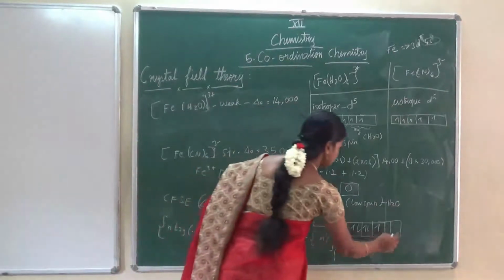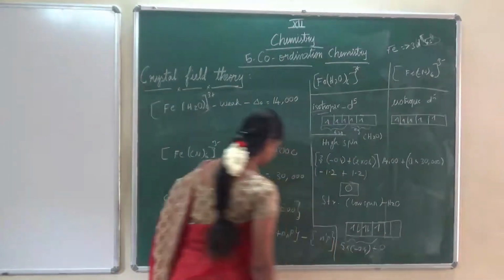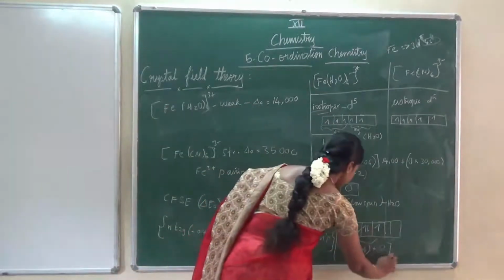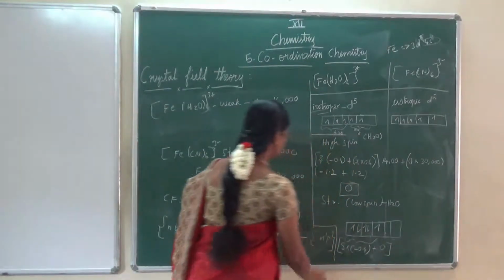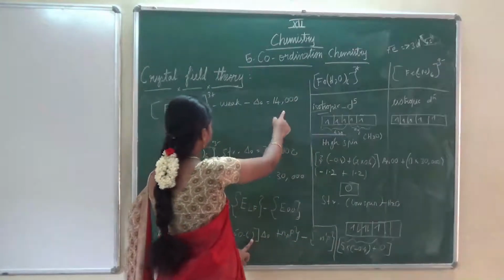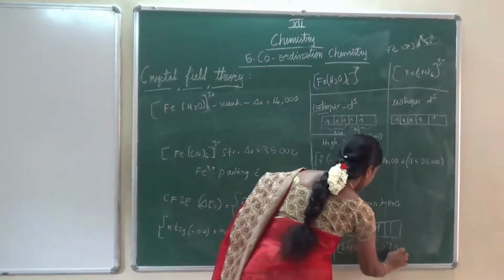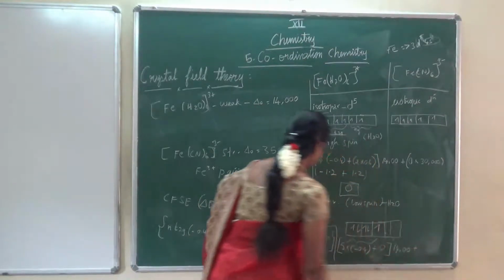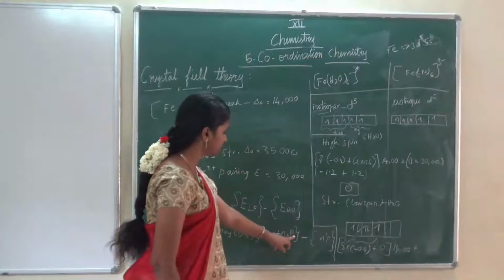There are no electrons in the EG orbital, so 0 into 0.6 will become 0, into del naught value. What is the del naught value for this complex? It is 14,000. Plus the number of paired electrons into